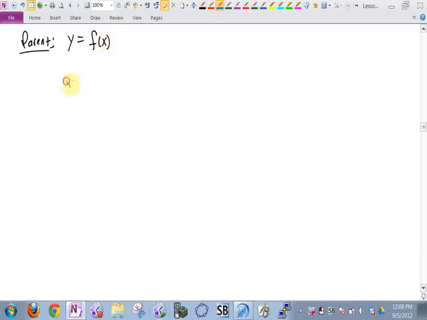Then, all of the members of that parent's family will be graphs that look like this: some number times f of some number times x plus some number, and then all of that plus some other number. So a, b, h, and k would be numbers. And you might see sometimes some teachers don't use h and k, they just use a, b, c, and d, it doesn't matter. So we need to remember,